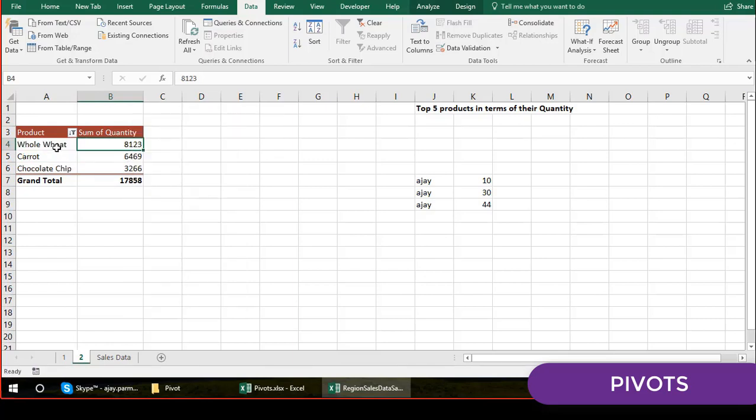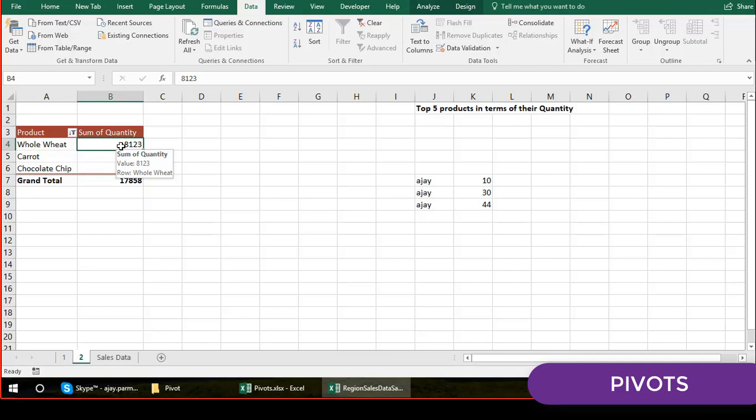Look at this, everything you have already sorted out. The pivot knows that when I refresh, it has to use the new data. So if changes happen, they will start showing here automatically. So you have the whole wheat in front of you. This is how you can have the top 5 product performances in terms of their quantity, right? This is how it is.